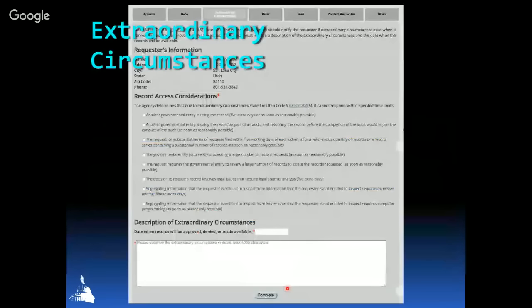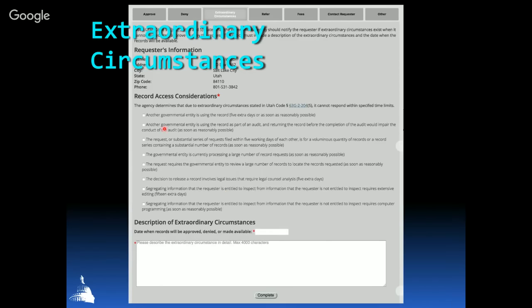So the next tab is extraordinary circumstances. These are legislatively approved extraordinary circumstances that you can select from in order to add some time onto the request. So they're described here, and then it tells you what the time limit is that you can add.